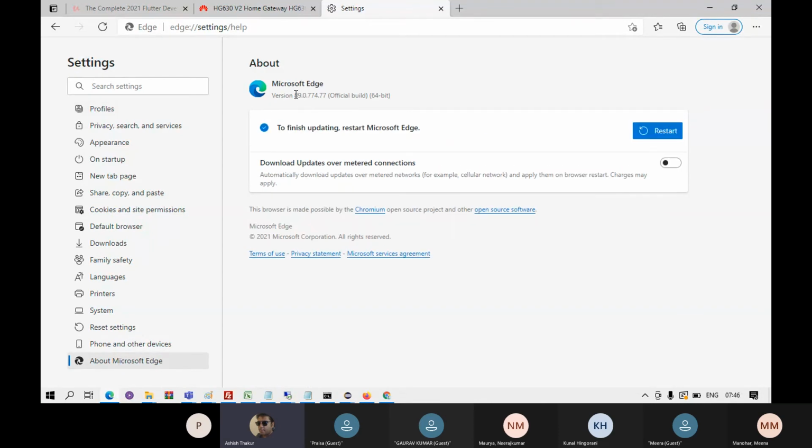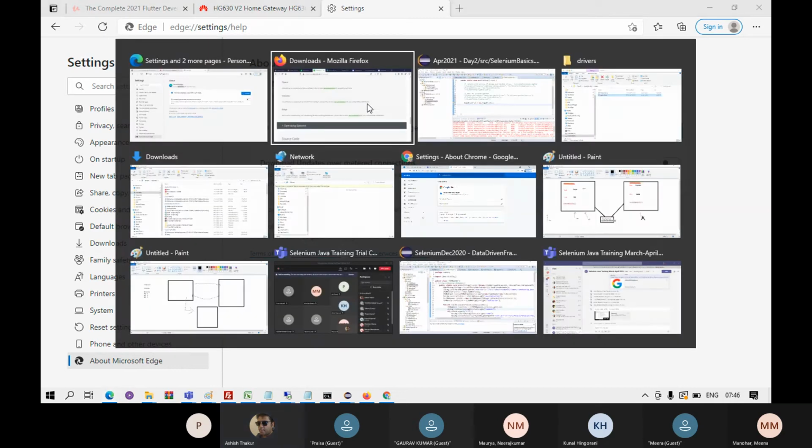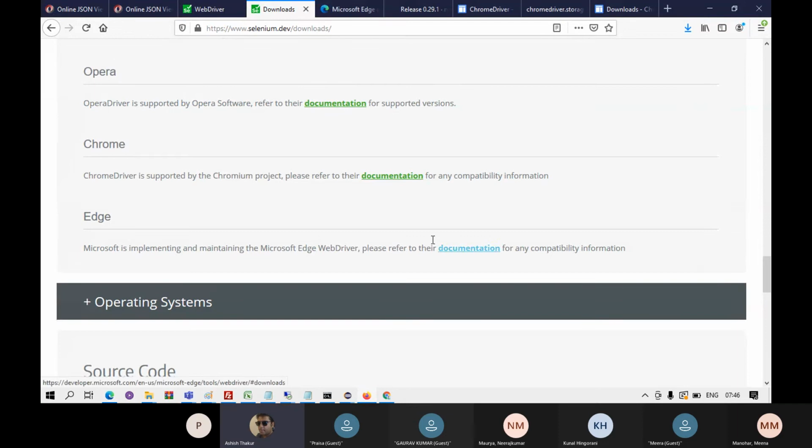The Microsoft Edge version is similar to that of Chrome: 89.0.774.77. So, corresponding to this, if you go to the Edge driver exe website,